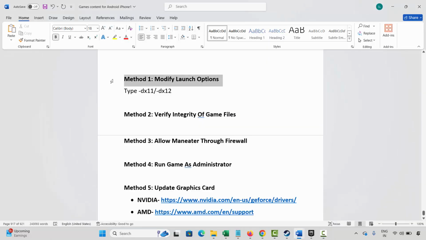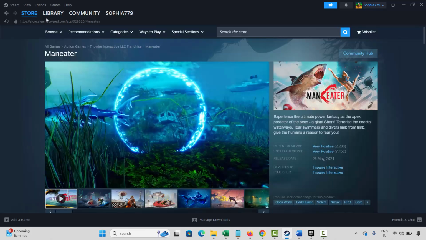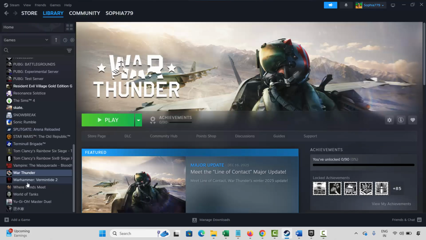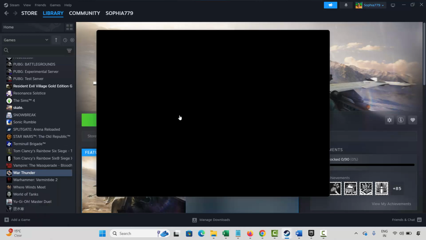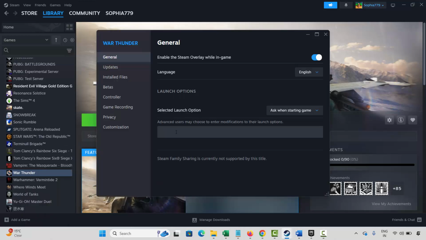So the very first method is to modify launch option. For that, go to Steam, under library section select your game. Here I am showing an example. Now right click on it, click on properties. Now under general here you have to type -dx11 and then try to launch the game and check if it's